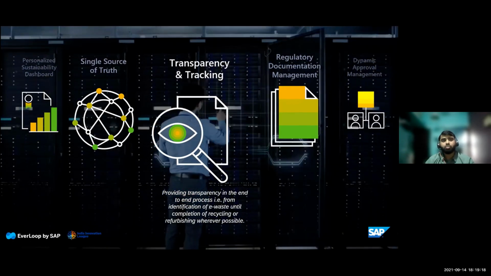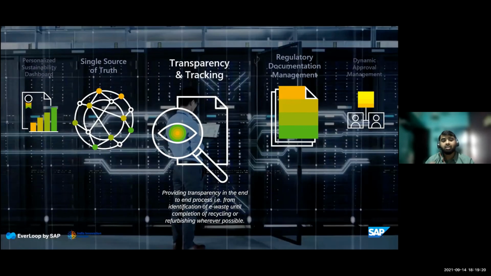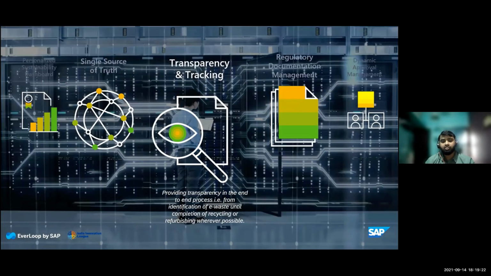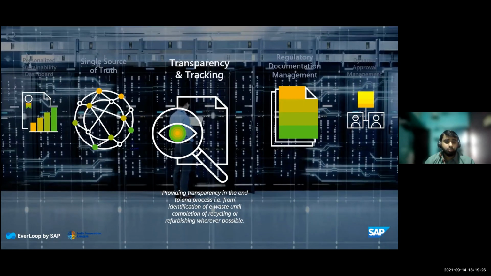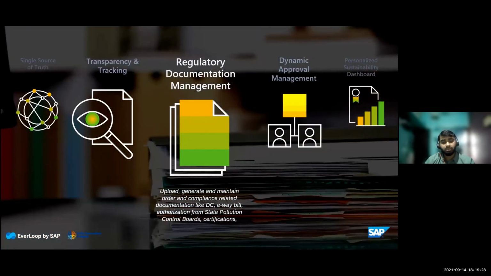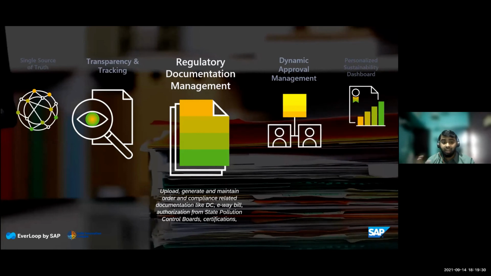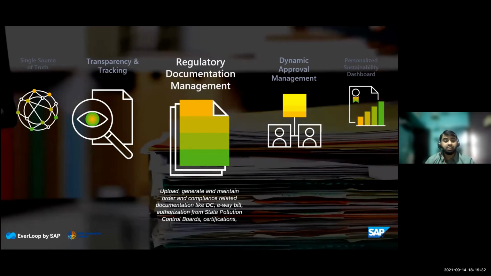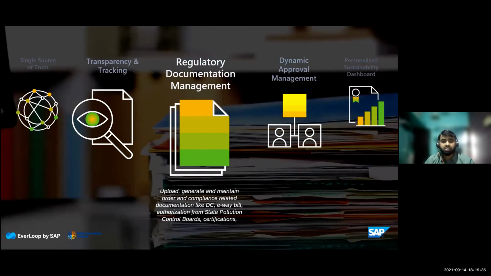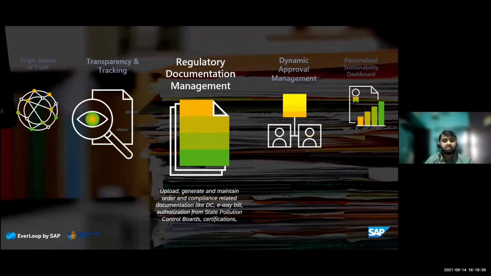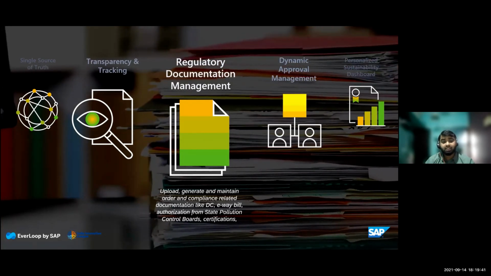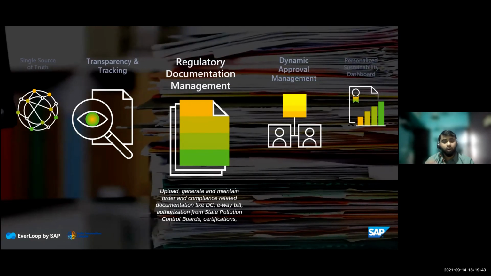That is, from identification of e-waste until the complete recycling and refurbishing wherever possible. And we all know sustainability is very closely coupled with compliance. And one of the largest and biggest challenges that the customer faces today is the documentation that is needed for the compliance and regulatory. EverLoop offers its customers the ability to maintain and create all the needed documentation automatically at a click of a